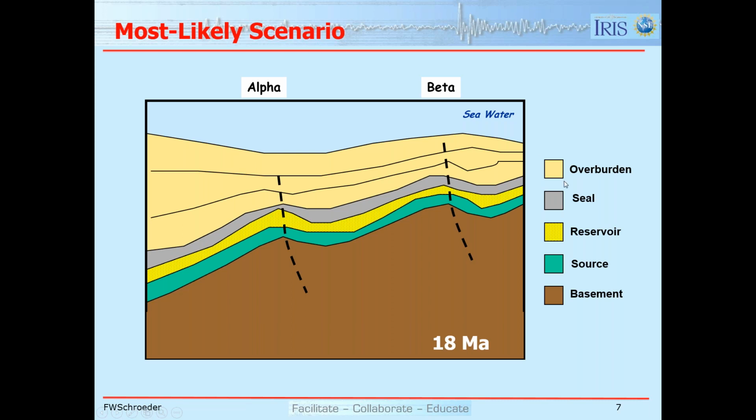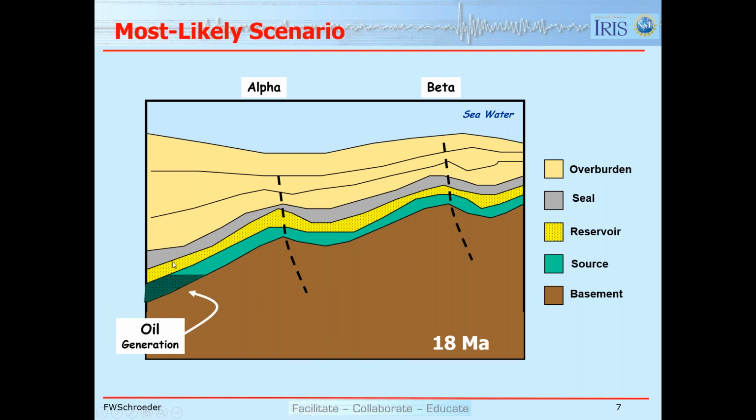And then the light tan is overburden, the sediments that were deposited and push the prospect down to depths where we can have hydrocarbon generation, migration, and entrapment. So the fault has not yet started at alpha or at beta. So let's move in geological time closer to,